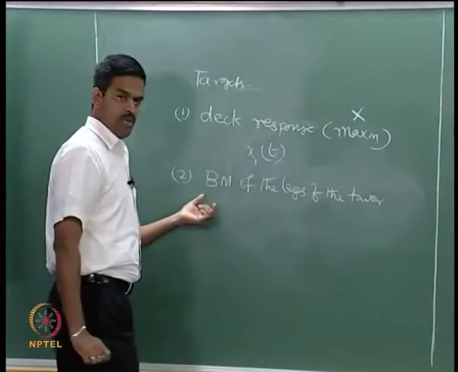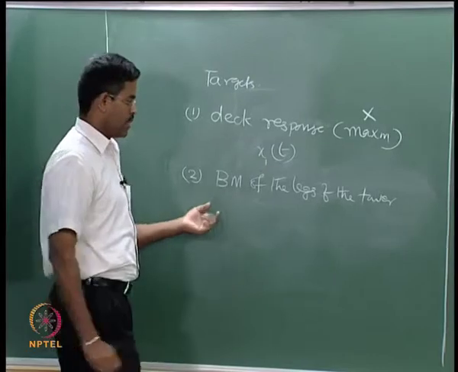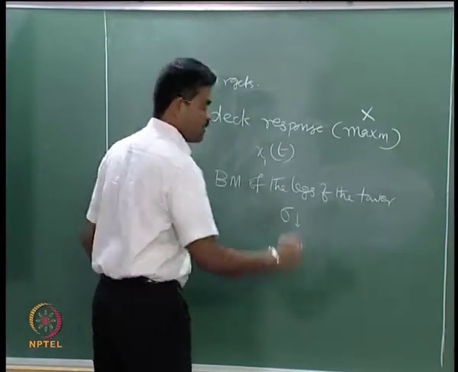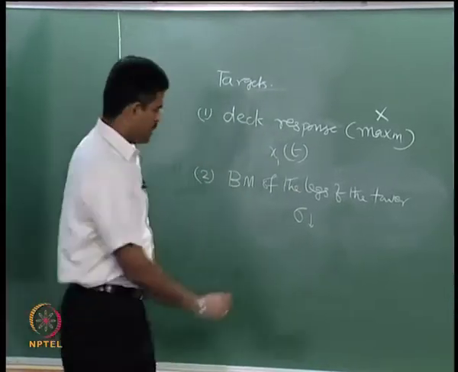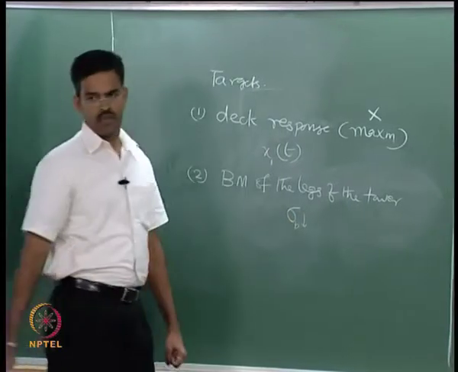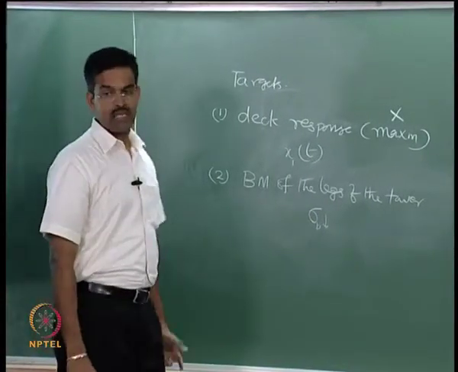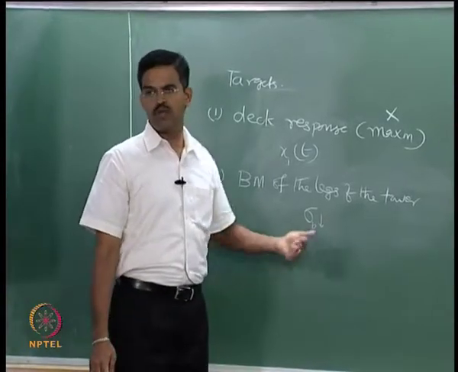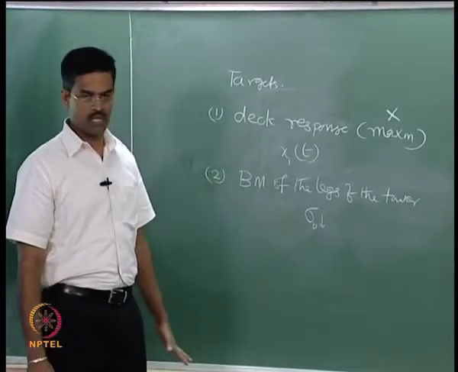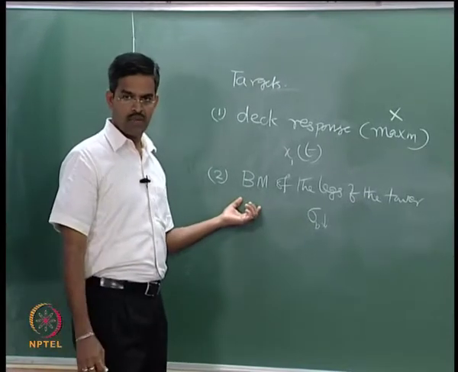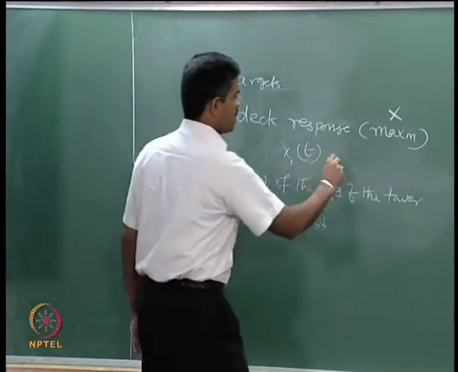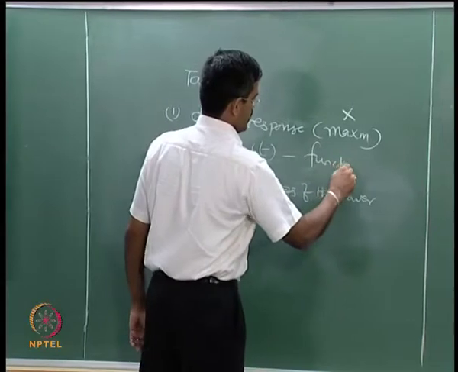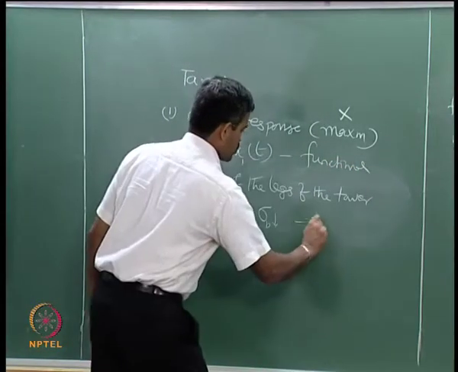The moment I know the bending moment reduction in the tower legs, I can always work out whether there is any reduction in the stresses, bending stress of course, in the legs. So, I can also protect my legs when the bending stress exceeds the permissible value in the material by the same technique. So, a secondary advantage we derive. The primary advantage is functional, the secondary advantage is structural.